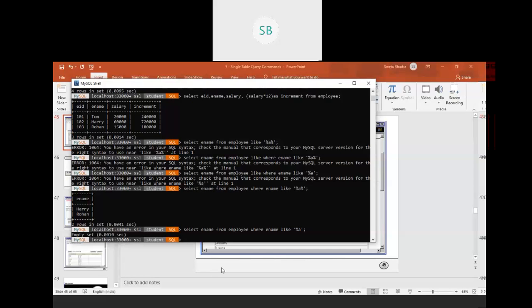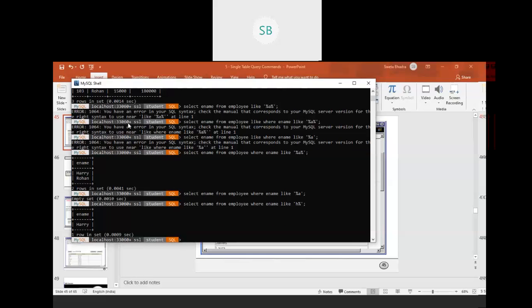Okay. Now if I start with A also, same thing. Let me see what is a common character here. N and M. So everything is different only. If I want to write a letter that starts with H, suppose I want to print that one. So it prints Harry. Why? Because Harry starts with H. Safir, clear? Yes, ma'am.